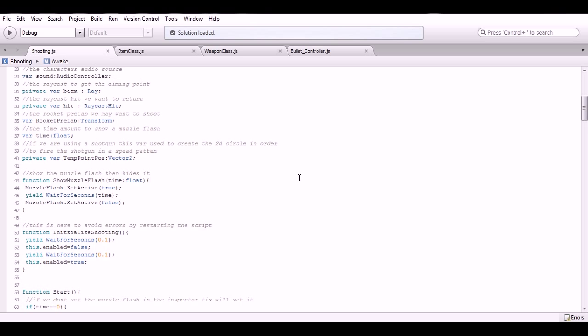Then we have the rocket prefab. This is the actual rocket we're going to shoot. We just drop our prefab right in here. And then we have the time, which I believe is time for the muzzle flashes, but you don't have to worry about that because it's going to set itself anyway. And then we have the temp